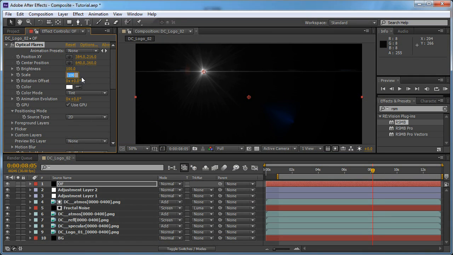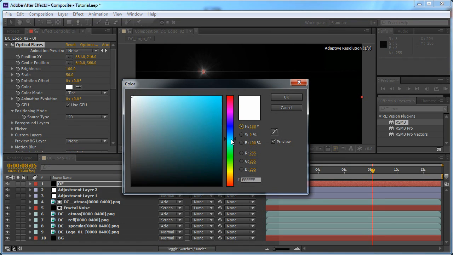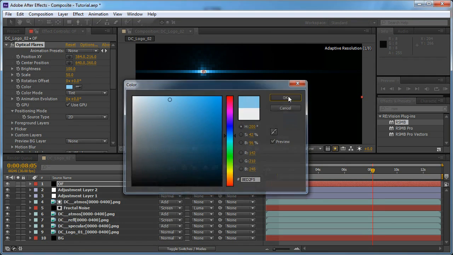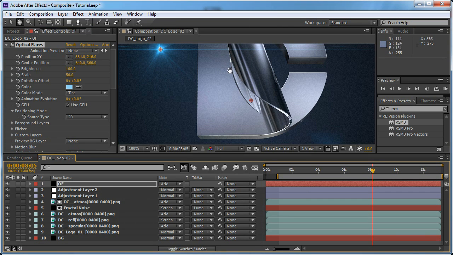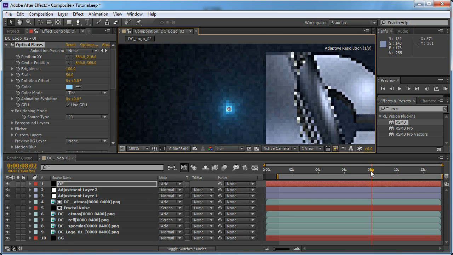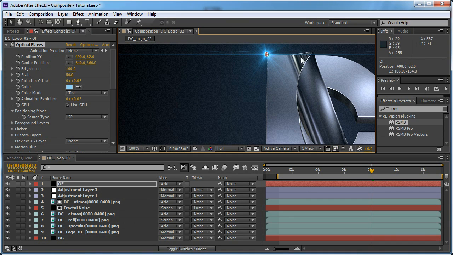So let's decrease the scale to 50% and maybe make it a blue color, and set the blending mode to add for the lens flare, and go to frame 8 and set the position of the lens flare here, and set a keyframe for the position and the brightness, and set the brightness to 0